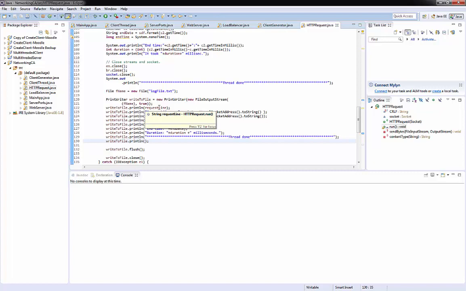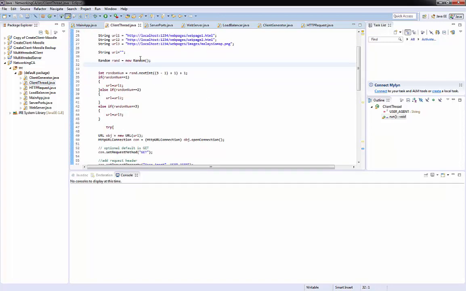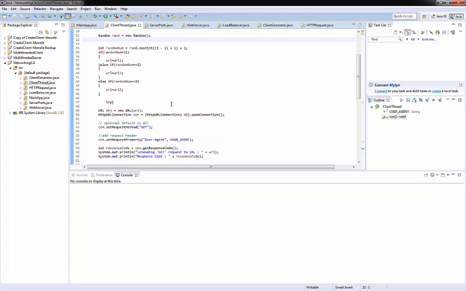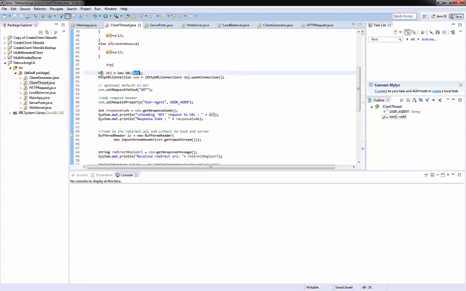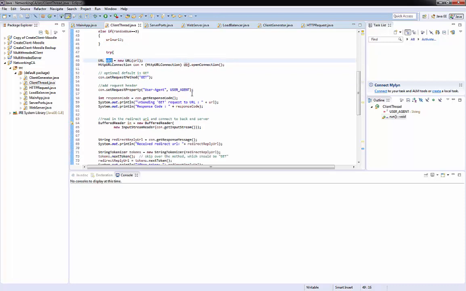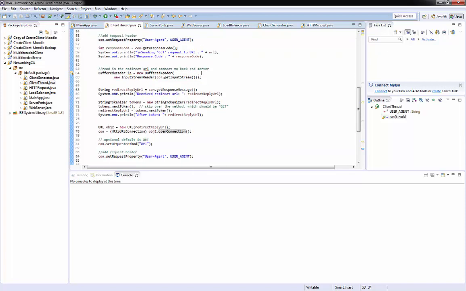That's the server side, and then on the client side it's the client thread, which has 3 URLs, so it would go random and pick one of them every time. So there would be, no, I would just continue with this part first. So we'll put the URL here and call it object, and then open the connection, and then send the request, set the request method as get, and